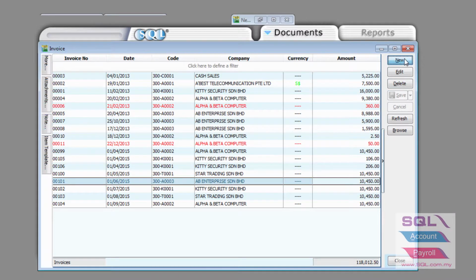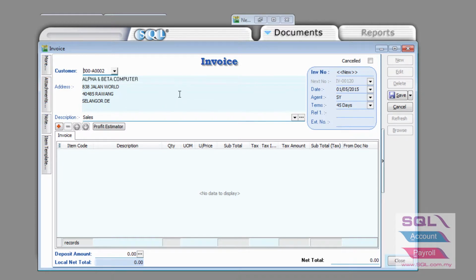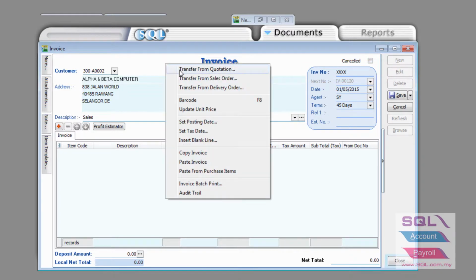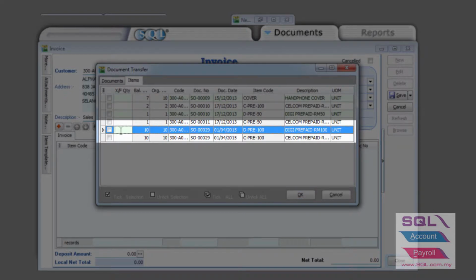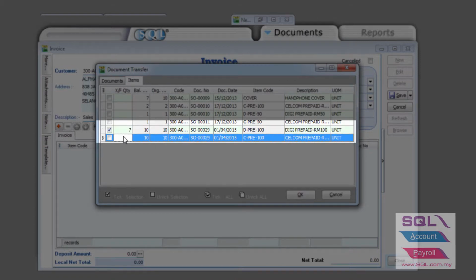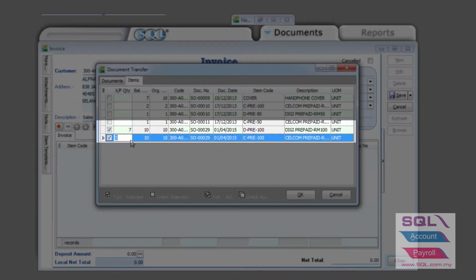Let's make the presumption that now this sales order is going to be converted to two invoices. We're going to manually, purposely input a unique number to this invoice, XXX, and transfer from the sales order to an invoice using the transfer module, and we're going to make it a little bit more difficult by keying in a partial delivery. So 7 units were delivered to this invoice and 3 units were delivered to this invoice, with 2 different items from the same sales order number